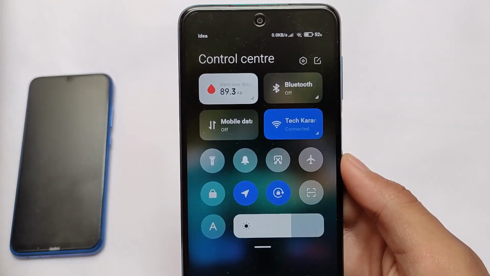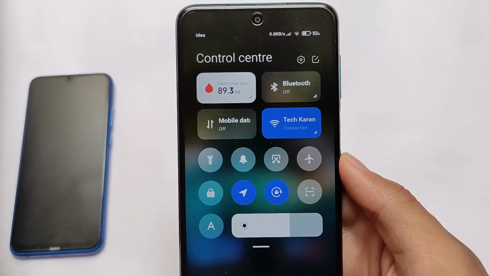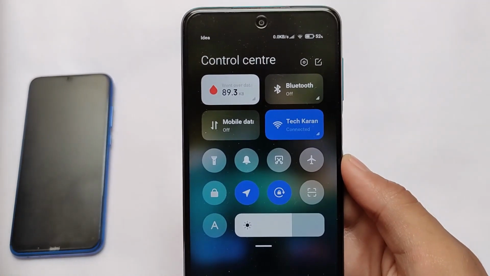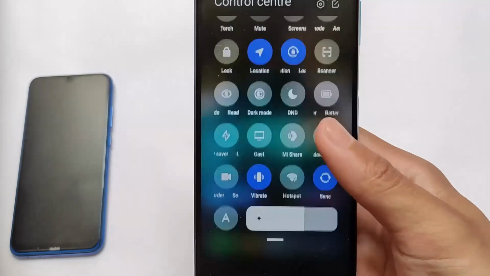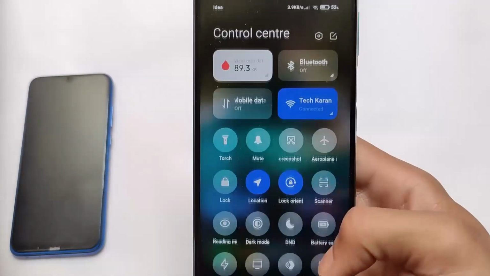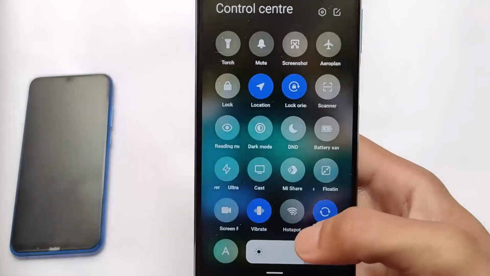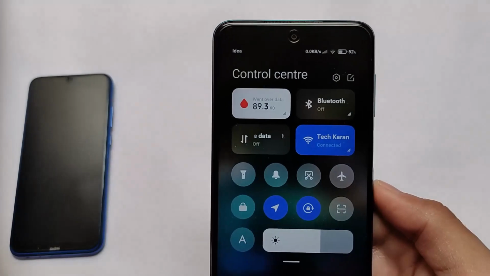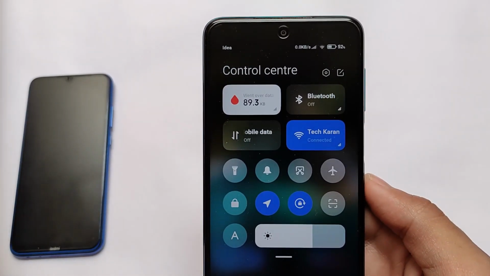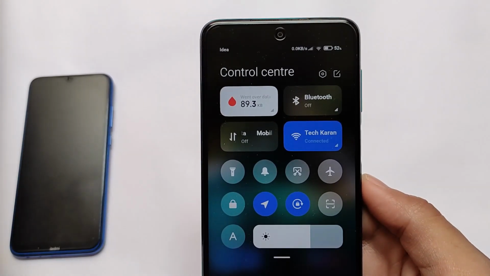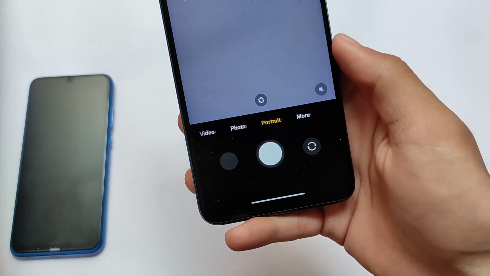Control center, it also has a control center, so you don't need to worry about anything. Control center is still there. If you want to use it, you can, but it is not based on MIUI 12.5 and it isn't based on Android version 11. So the new features in the control center, like swiping right from the control center for the notification panel, are not available here, unfortunately, but that's not a big deal. For that, if you have a rooted device, you can probably install a MIUI 12.5 based port.